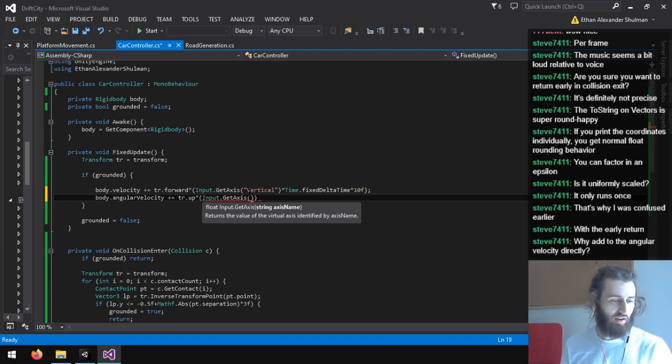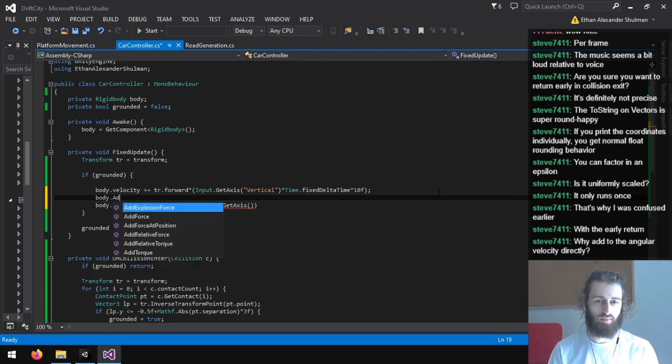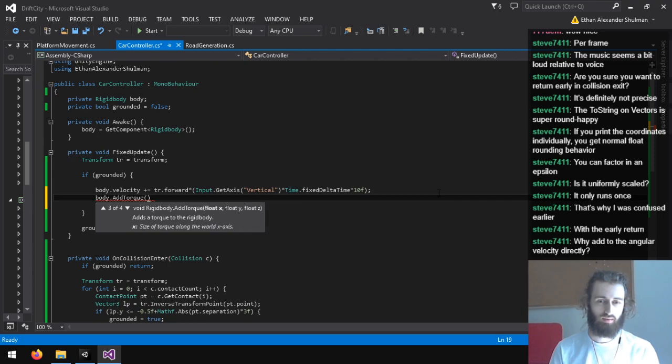why add to the angular velocity directly? Because we need to turn the car. We need to turn it around, and that is rotation. And so adding torque, I believe, would just be basically the same thing. The torque... Wait.